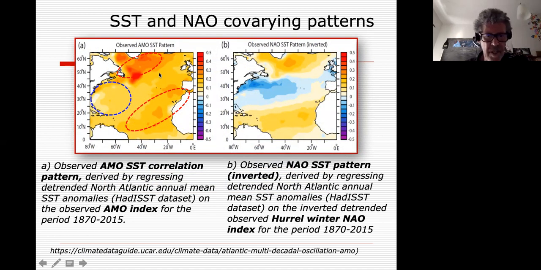This is a structure that is calculated by regressing the detrended North Atlantic annual mean SST anomaly on the observed AMO index for the period. And you have the AMO index, you have the correlation pattern of the AMO index with the spatial SST. So we see point by point how the AMO index, which is a global one, is reflected